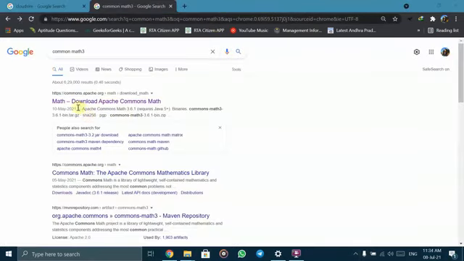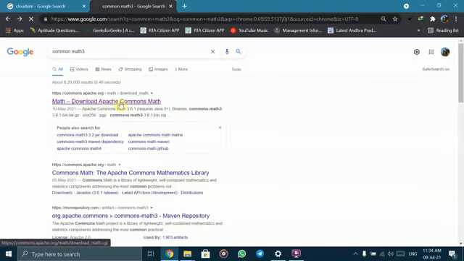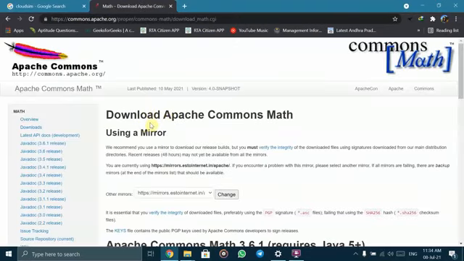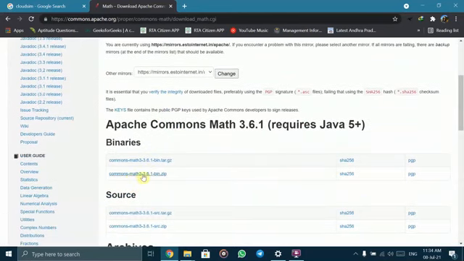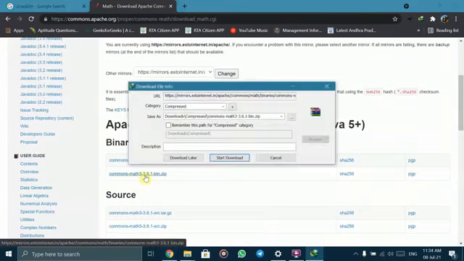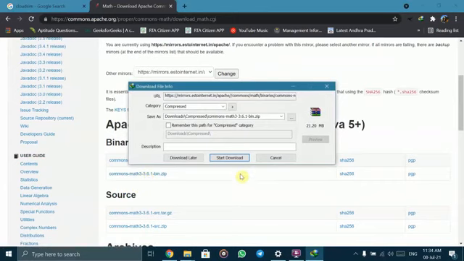Here you can find the first one, Math, download Commons Math. The download page for Commons Math is, as you can see here. Download the zip file. It's around 21.2 MB.